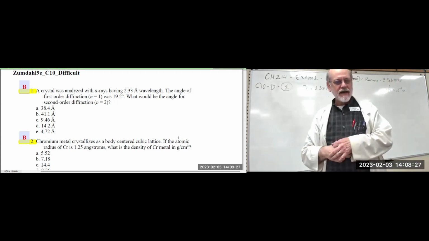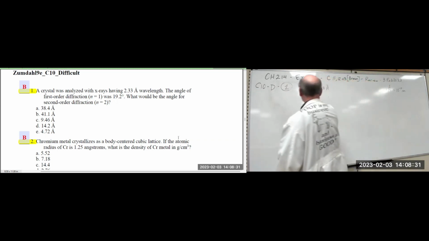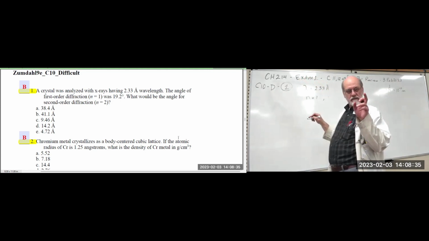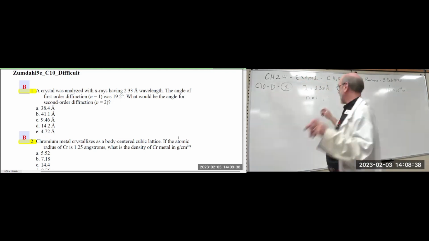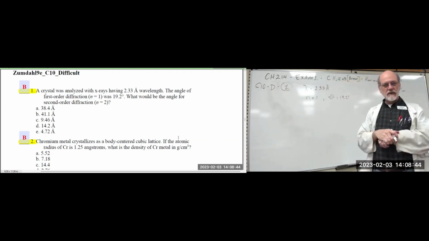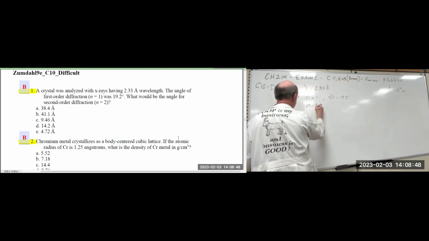Okay. The angle of the first order diffraction, where n equals 1, is theta equals 19.2 degrees. What would be the angle of the second order? So if n equals,